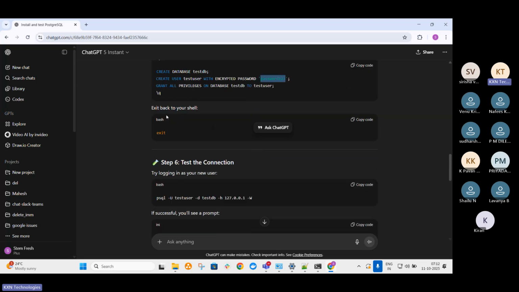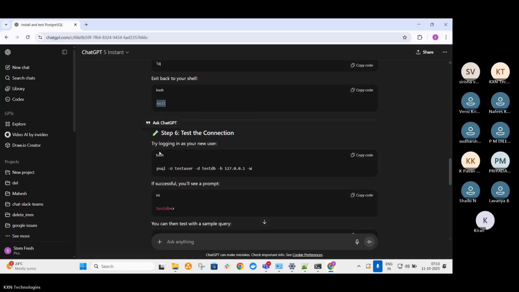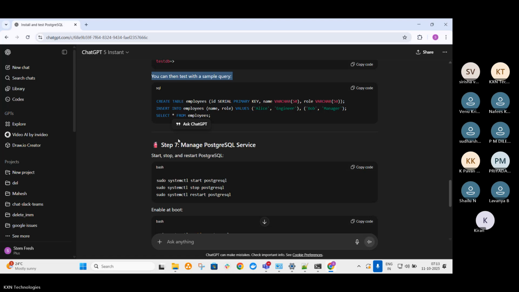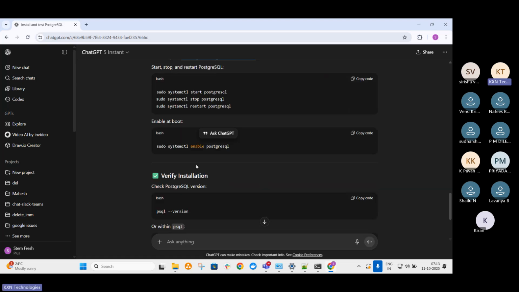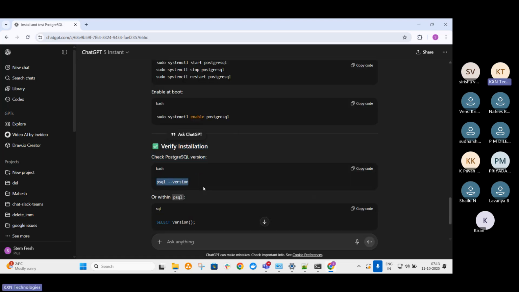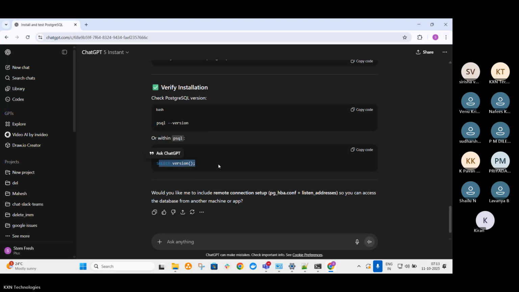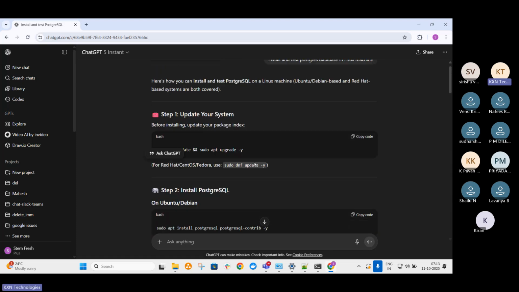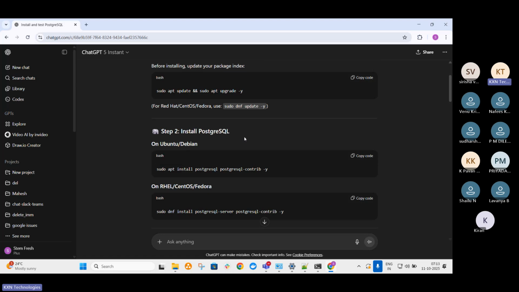And once you're done, you can exit from there and try logging in as your new user. You can also test with your simple query. Manage service, verify installation. All right, so instead of this, I'll quickly show you the easiest way. So how we can do it is,